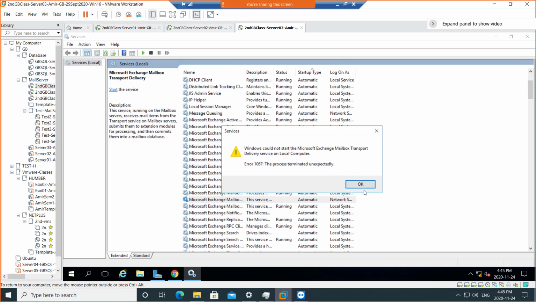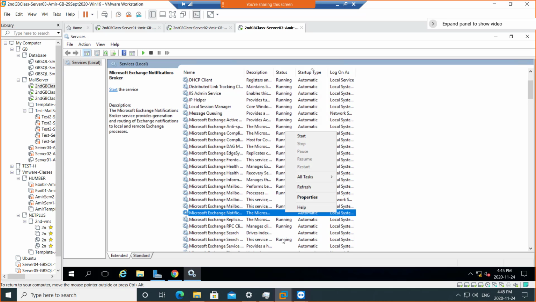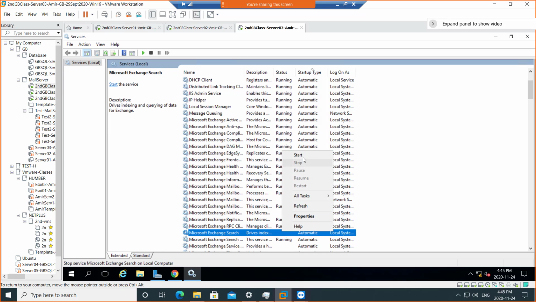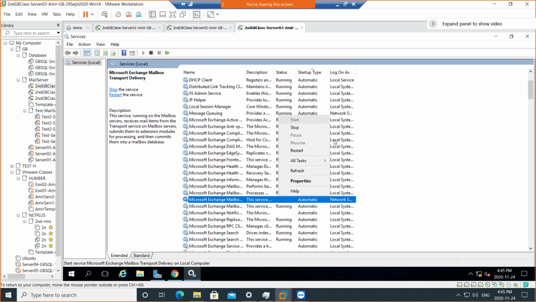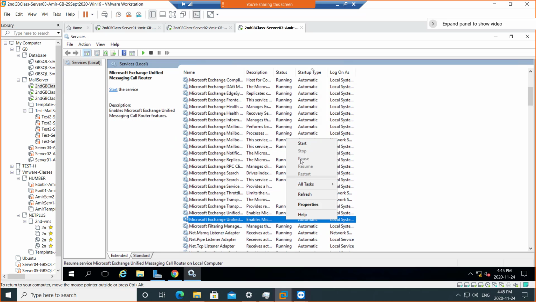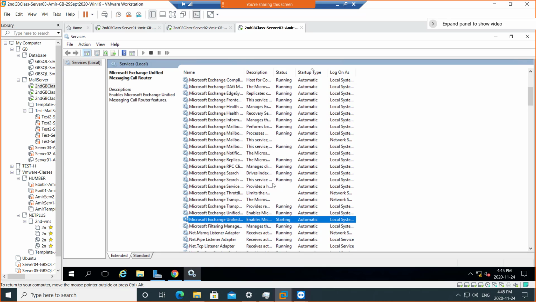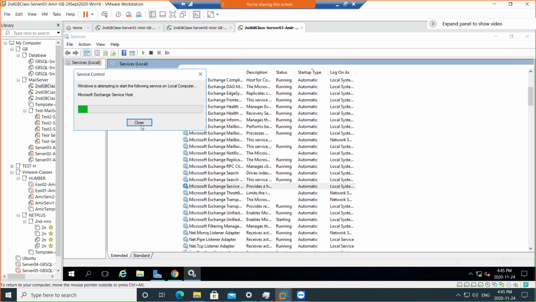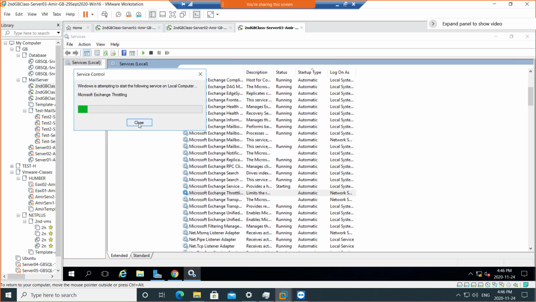Transport could not start. The transport process terminated unexpectedly, and then notification and search. So some of the services are still not responding. Okay, it was saying it's not running, and then it's running. So some discrepancies here in terms of services not running. I'll close this and go for the next one, start it, and it will keep on starting in the background. I'll close that one as well,